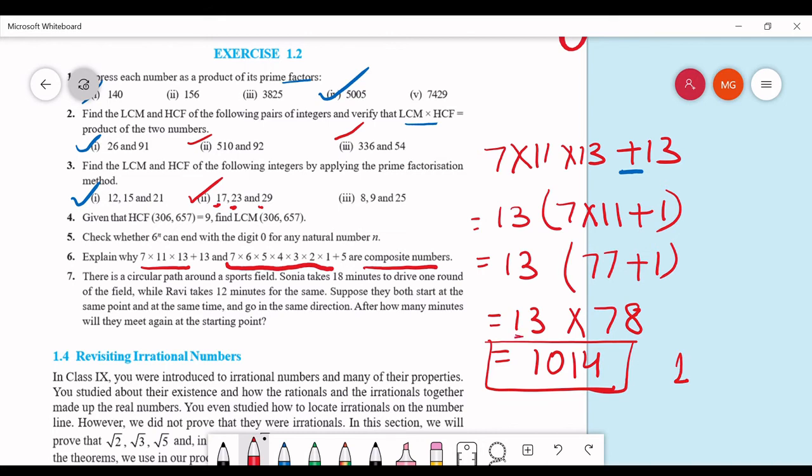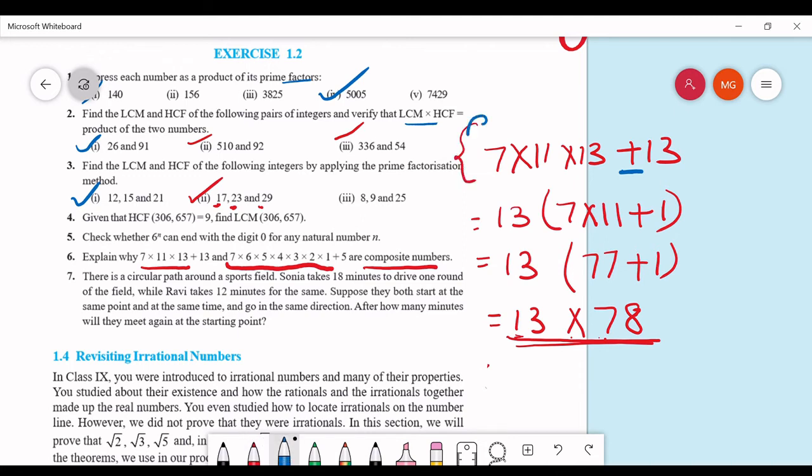So if you are getting 13 and 78 in multiplication, that means these two are the factors of this number, right? So even if you don't write this 1014, after this step only you can say that this number is having factors